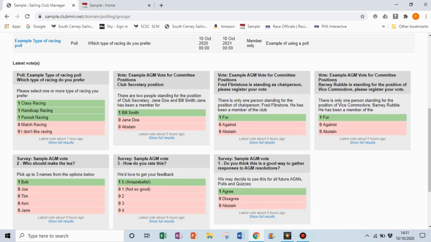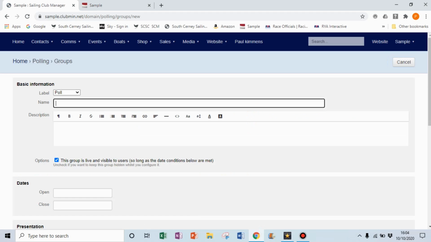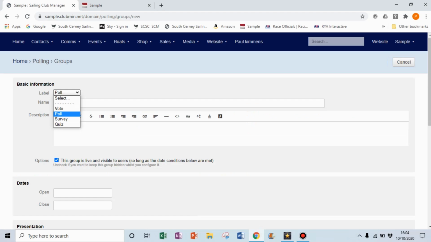We'll only see results where there's been at least one response to a question. So let's look at how we create a new poll. In this example, I'm going to create a simple survey to get some feedback on the galley at our sailing club. Click on the Create button, and then under Label, we need to select what type of poll we are